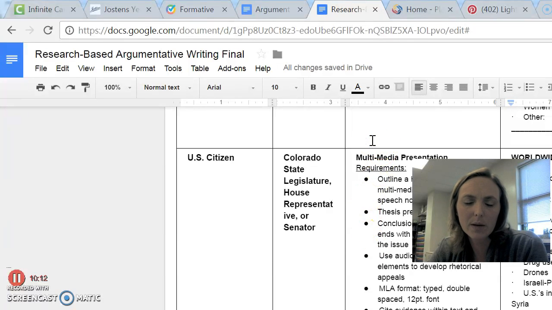One of the most important things we have to keep in mind: do not choose something that you already know what your stance is on. It's very, very important that you choose a topic you know next to nothing about, but that you're curious to find out. What are the facts and statistics and evidence about global warming? Who argues for it? Who argues against it? And then do the research on global warming and find out, based on the evidence and research that you've done, what is your stance about global warming?